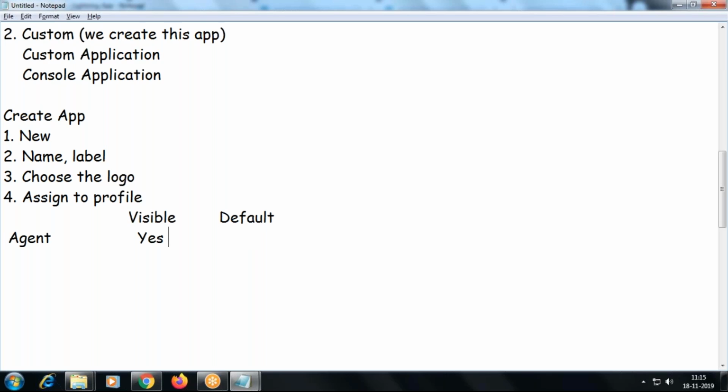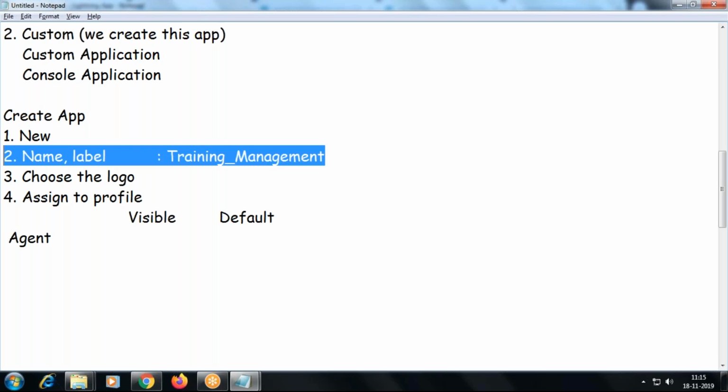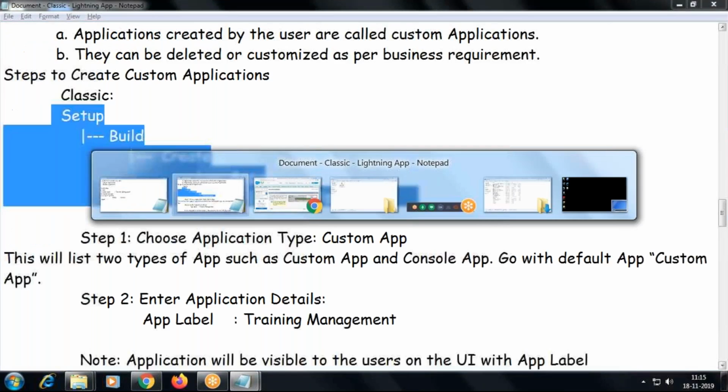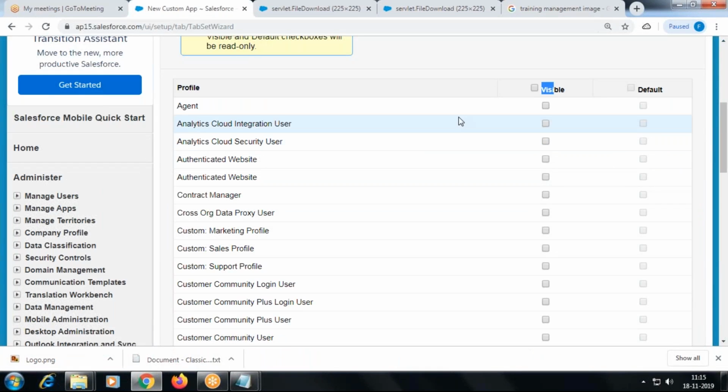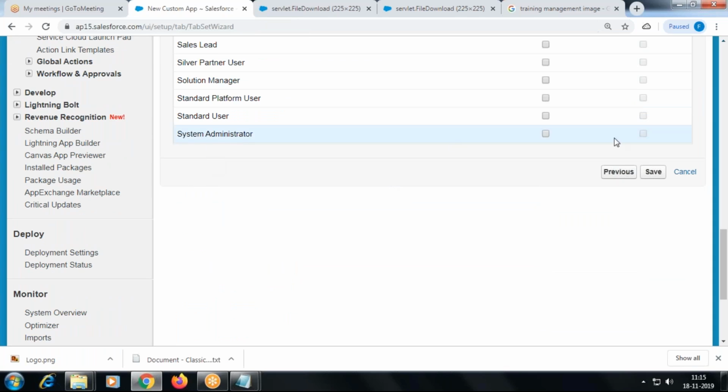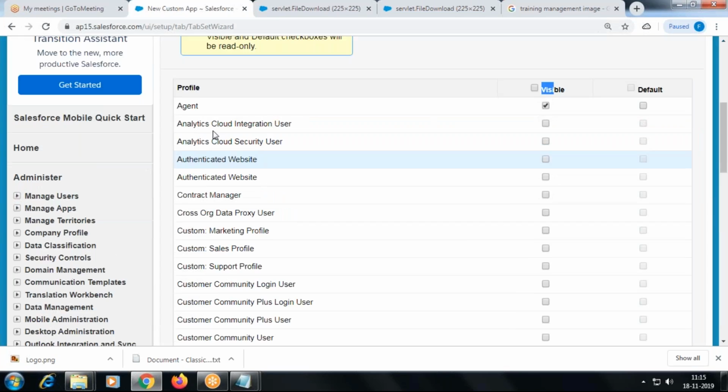If I don't specify anything here, the user assigned with this profile will not have access to my training management application. If nothing has been selected, it means no access. So I make it available to the agent and myself, and for the agent I mark it as the default application.